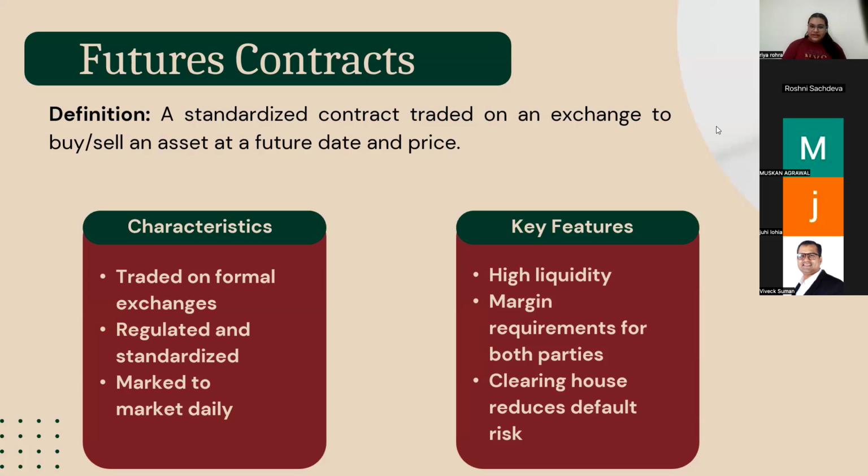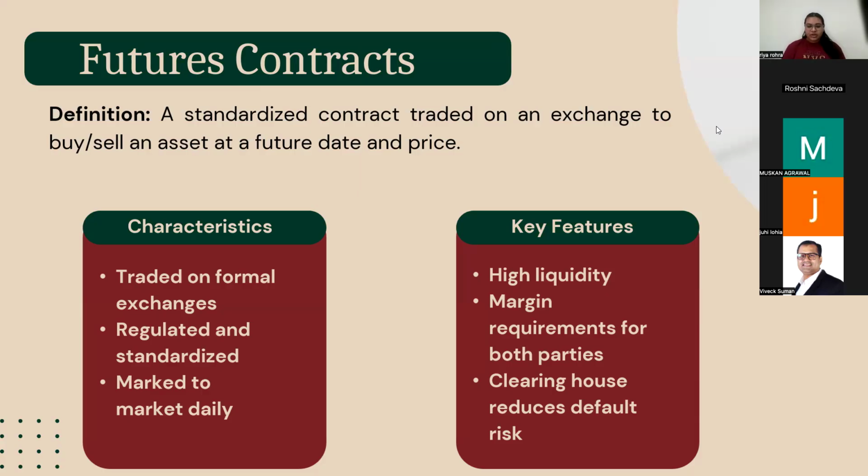The characteristics of these contracts are that they are traded on formal exchanges, and they are regulated and standardized. Also, what makes these contracts unique is that every contract has standard quality, quantity, and terms, and also the prices are adjusted through a process called mark to market. Also, they require both the parties to maintain a margin